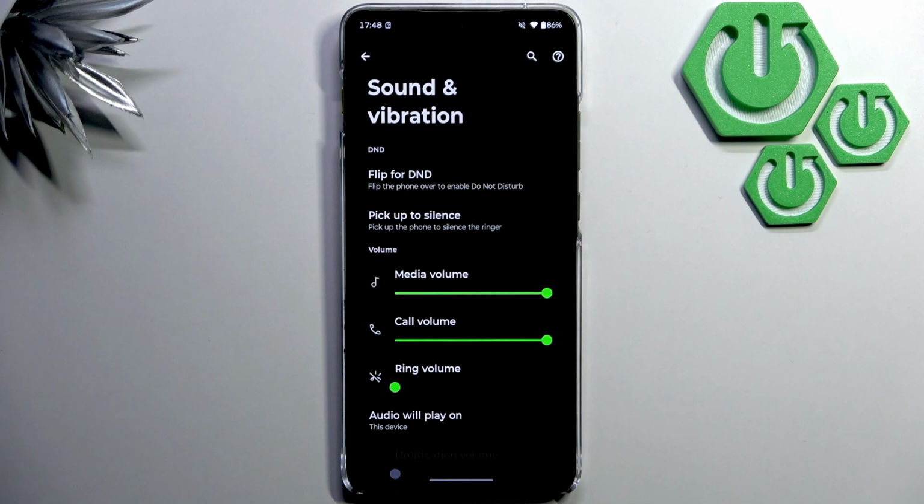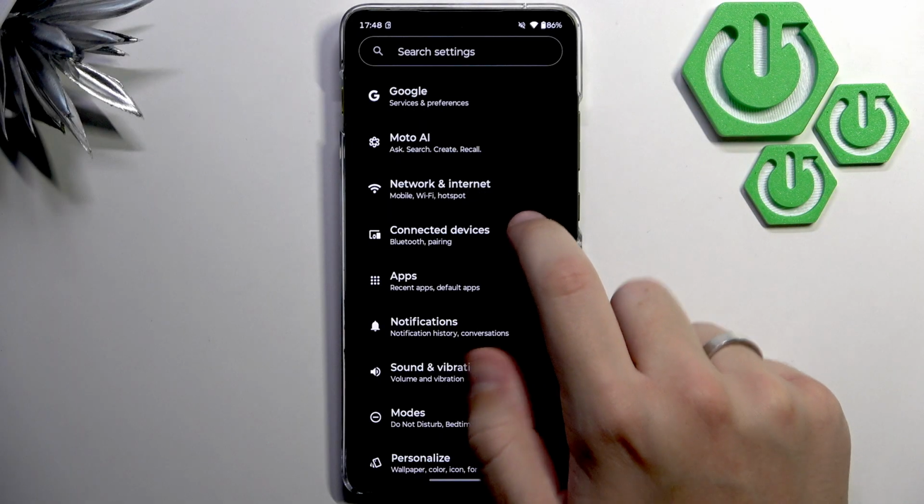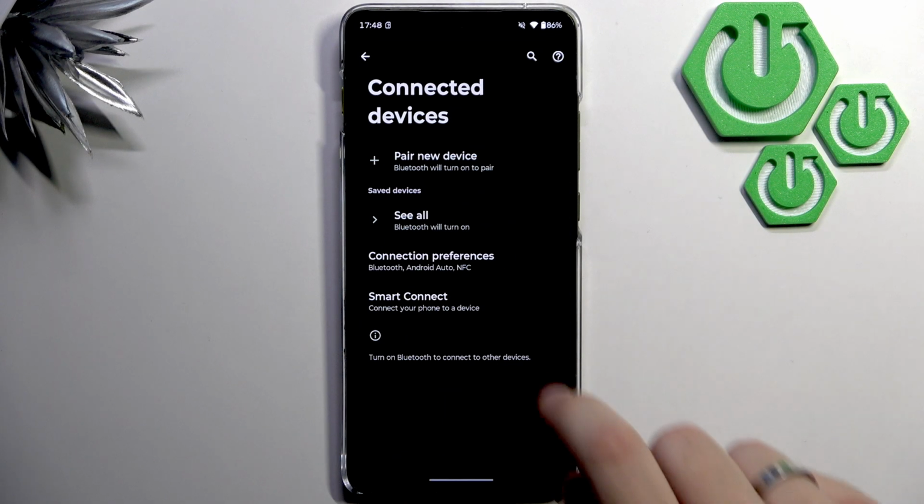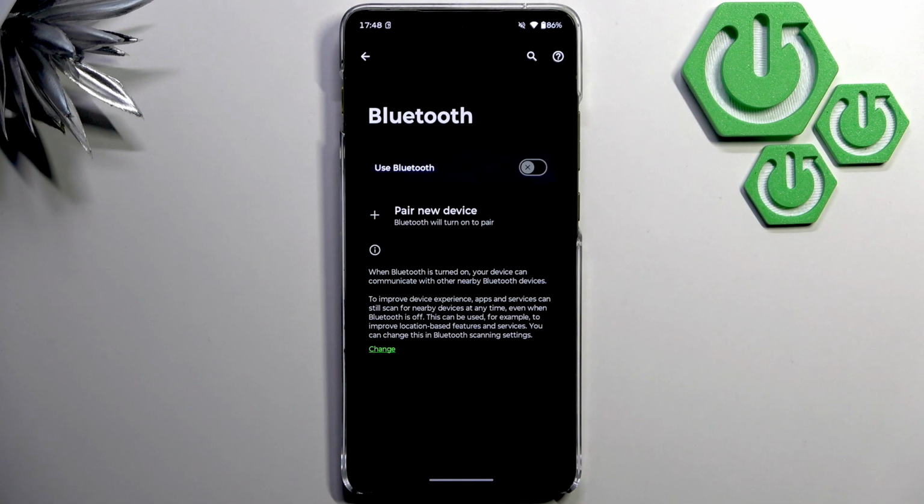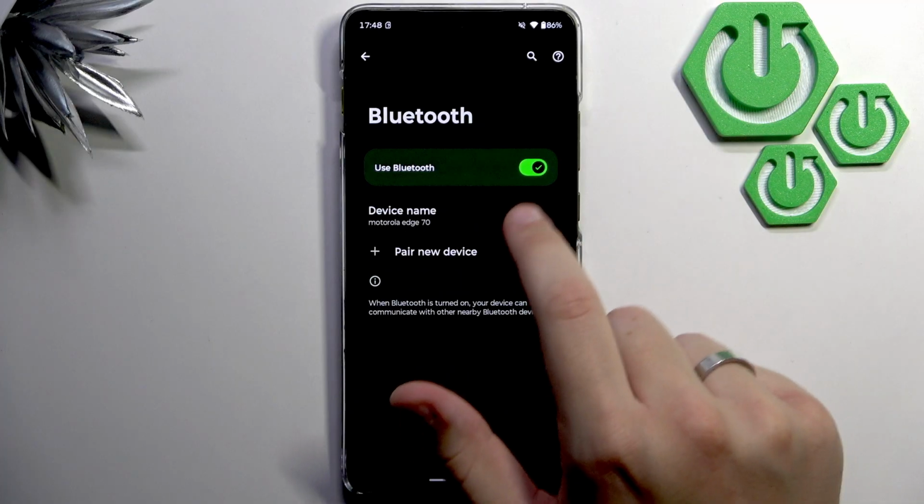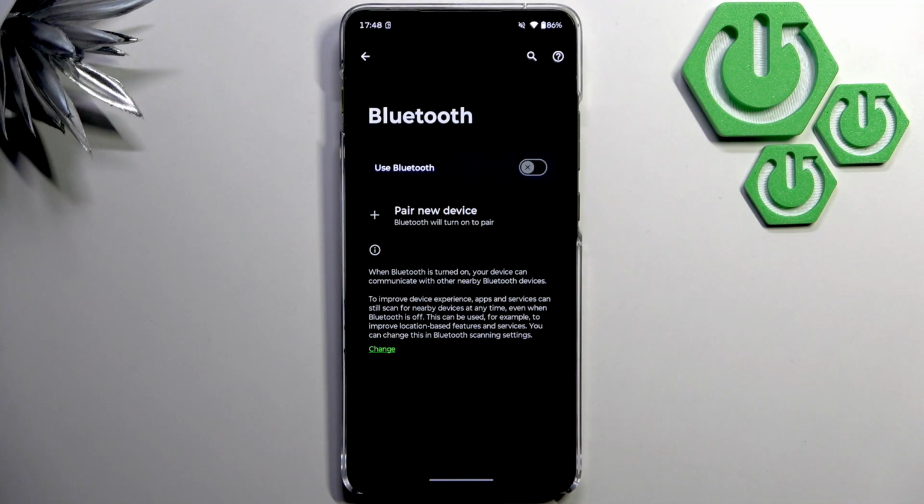So now, after that, what you guys can do is disable the Bluetooth to make sure that audio is not being rerouted anywhere else. So, go over to Connected Devices, go to Connection Preferences, and select Bluetooth. Now, as you guys can see, if it's green, for me it's green. Now, if it's gray, then that means it's turned off. And I'd recommend turning it off to make sure that your headphones, speaker, or even a car is not connected